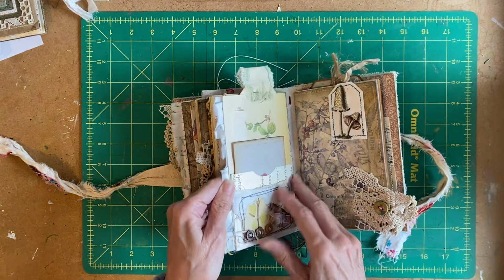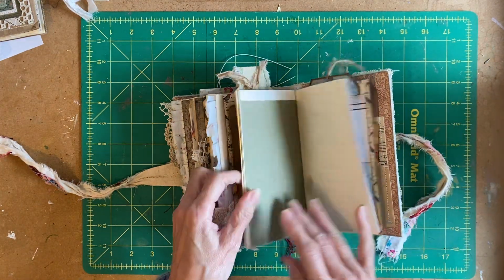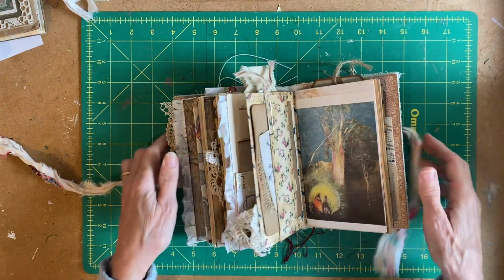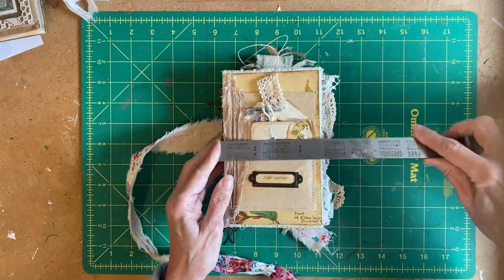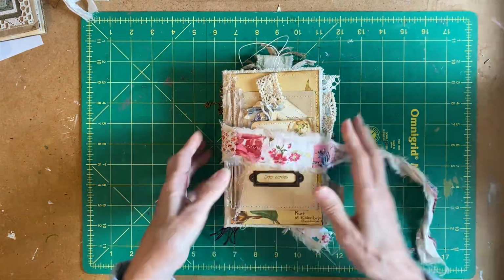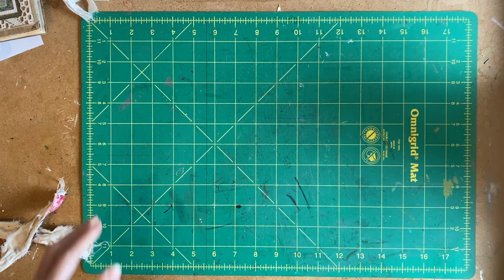This is inside the, that's a flip out. So that's Took's journal, quite small, 4.5 by 7. Nice size, that one. It feels nice in your hands. And then I've got,